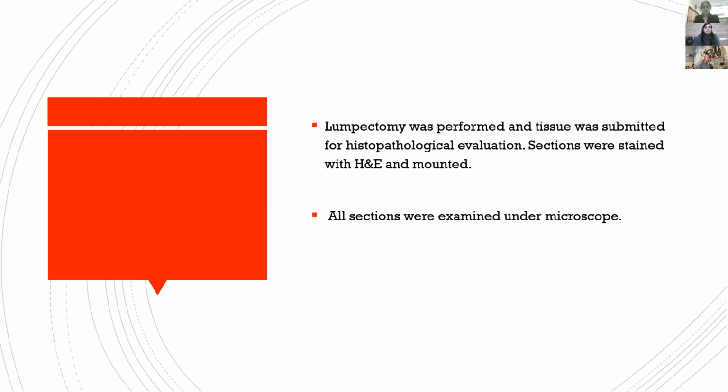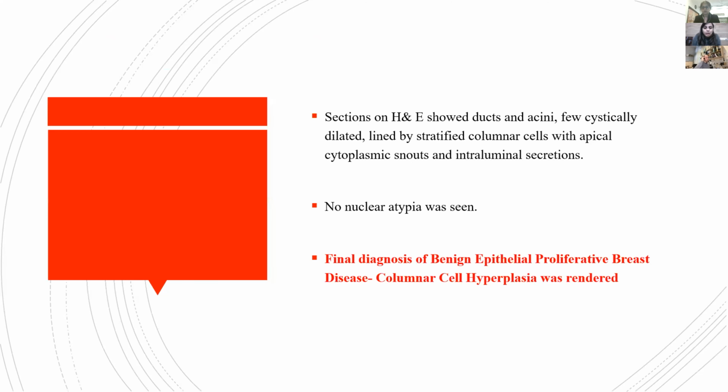So a lumpectomy was performed and the tissue was submitted for histopathological evaluation. Sections were studied with H&E and mounted, and all sections were studied under the microscope. Next slide. So on histopathological examination, what we could see was ducts and acini, out of which